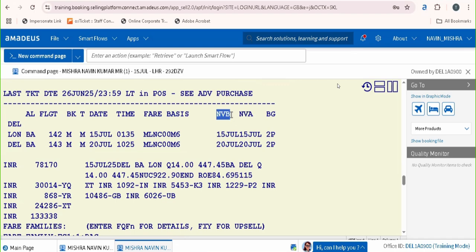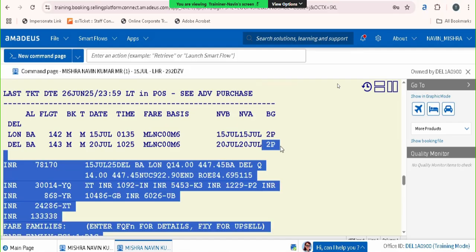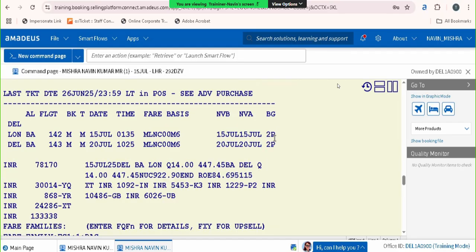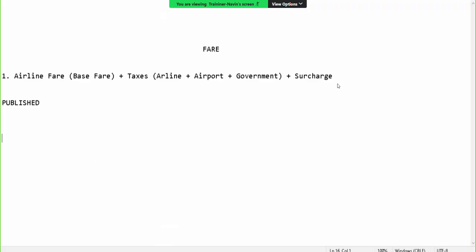Now let's talk about another thing, because we are clear about the NVB and the NVA, that means the minimum stay condition and the maximum stay condition. Now tell me, how much baggage is allowed here? Two-piece baggage is allowed. Now, the next thing comes here. If I tell you about the two-piece, what does it mean by two-piece? So for the baggage,